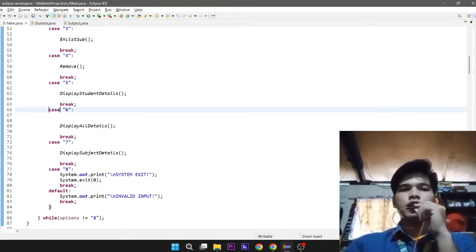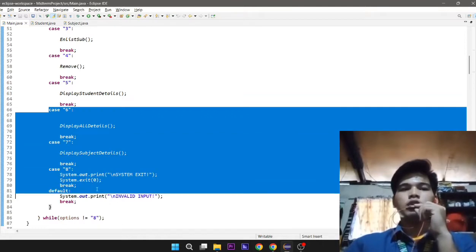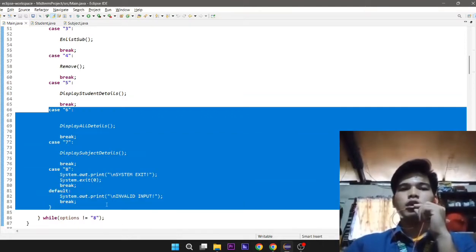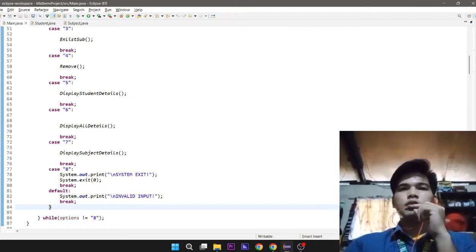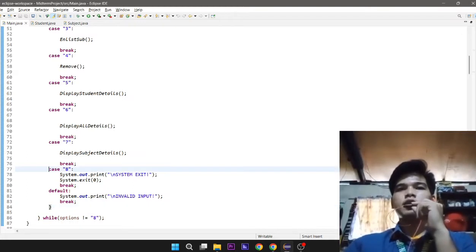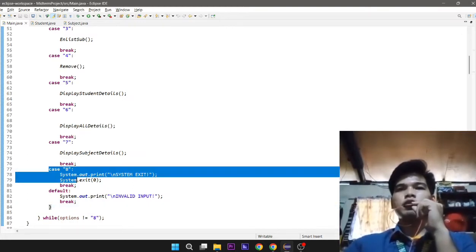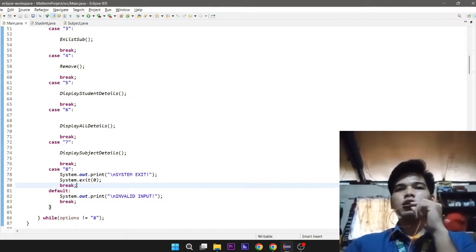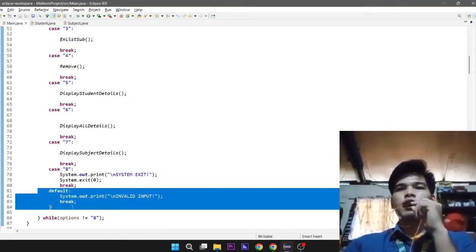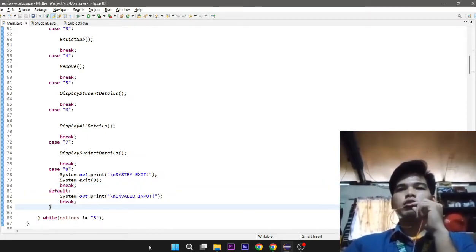If the user selects number 6, then the menu will call the display all details method, then break. If number 7, it will call the display subject details method, then break. If the user selects number 8, then the program will be terminated. On the other hand, if the user puts an invalid choice, the program will go to default and tell